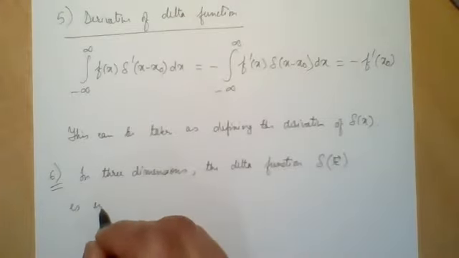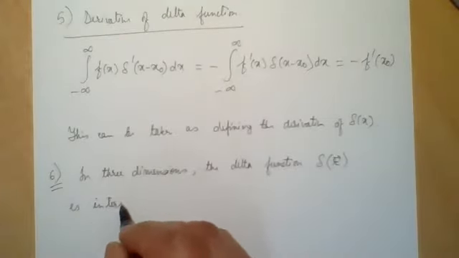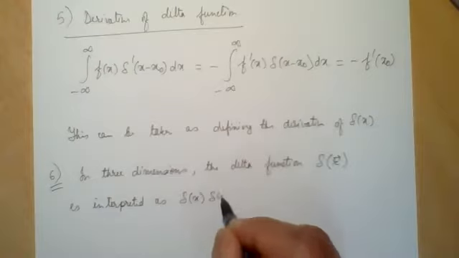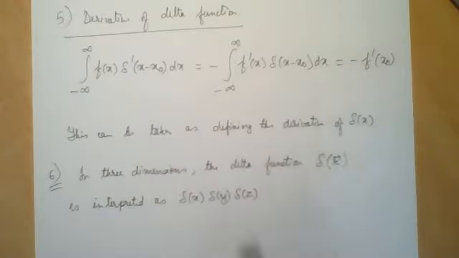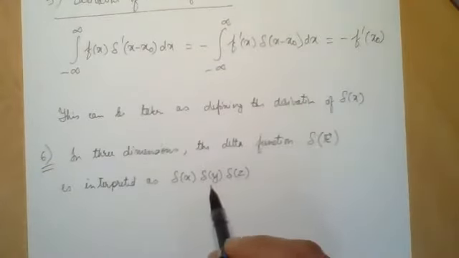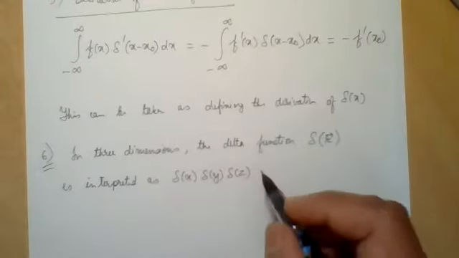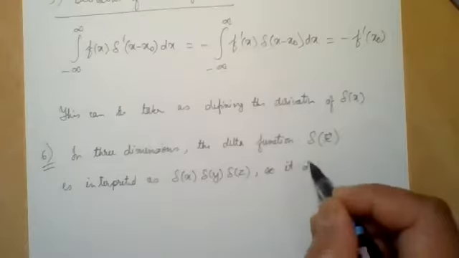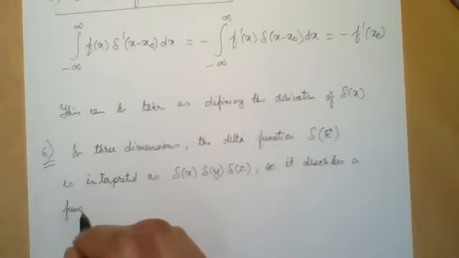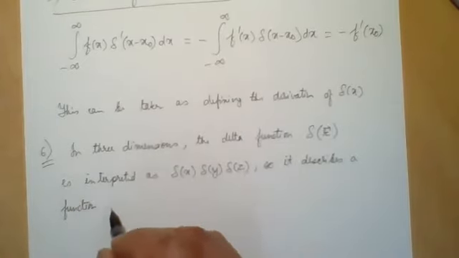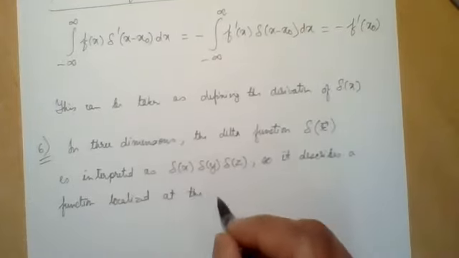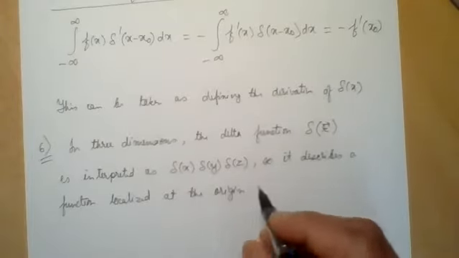Is interpreted as delta x multiplied by delta y multiplied by delta z. So in 3 dimensions, the delta function delta of r is interpreted as delta x multiplied by delta y multiplied by delta z. So it describes a function localized at the origin, localized at the origin, localized at the origin with